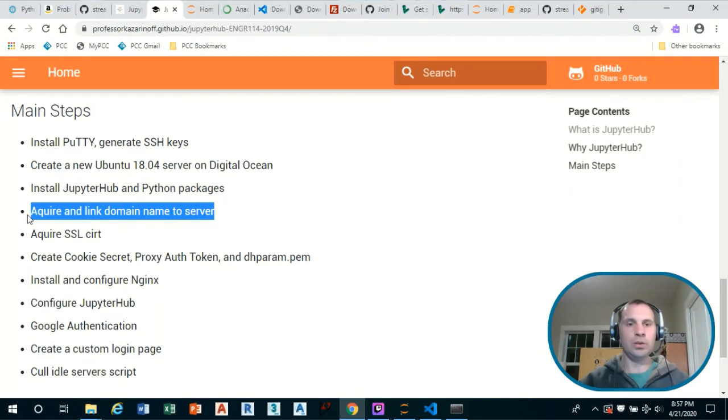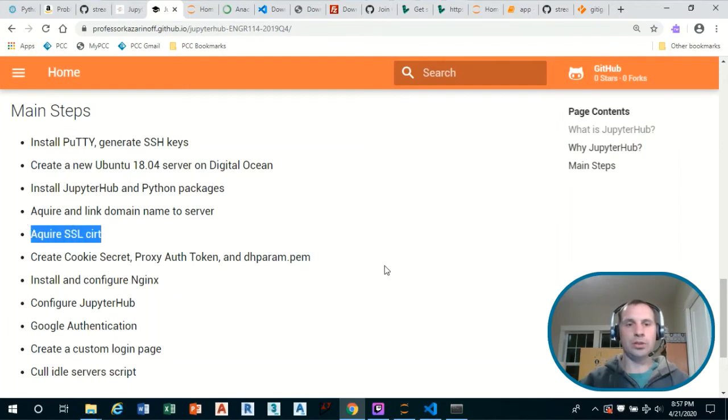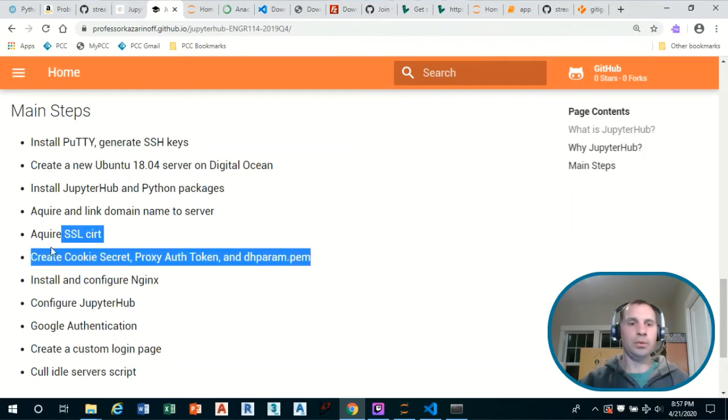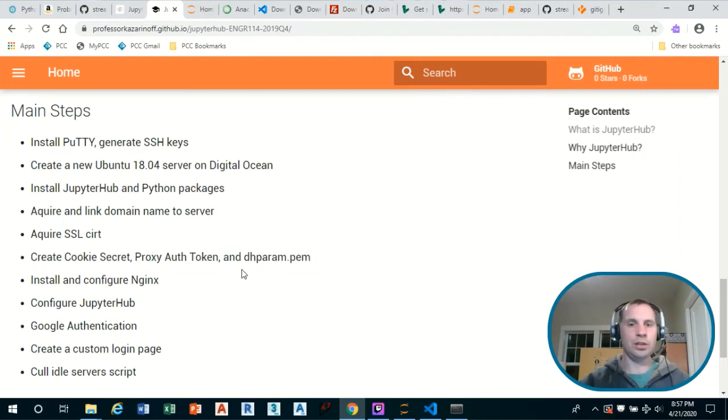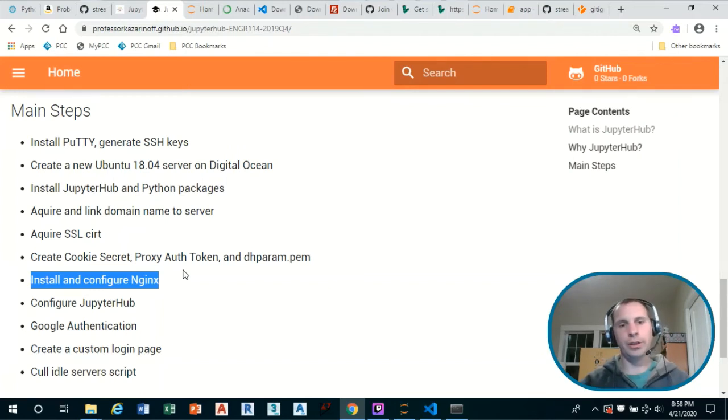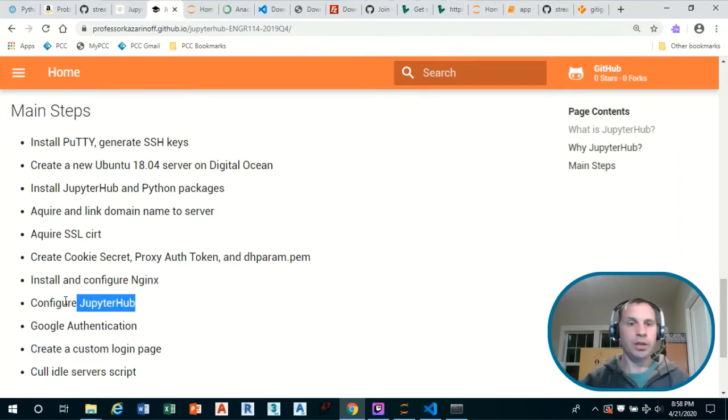We'll acquire and link to a domain name. Then we'll get SSL security going. We'll also then add a couple other security features to JupyterHub. Then we'll install and configure Nginx. We'll use Nginx as a reverse proxy in front of JupyterHub. Then we'll make some further JupyterHub configurations.